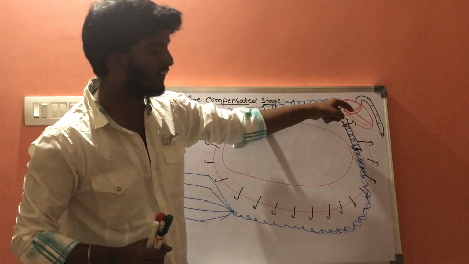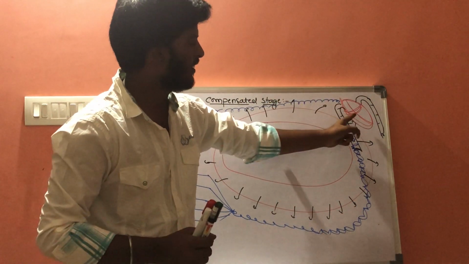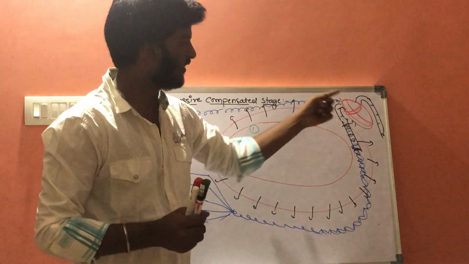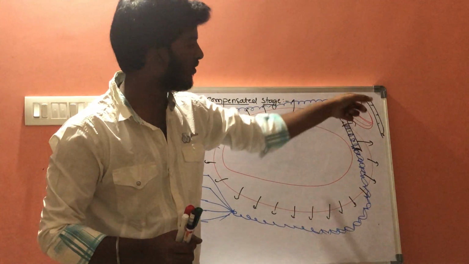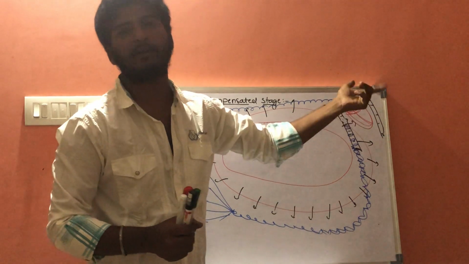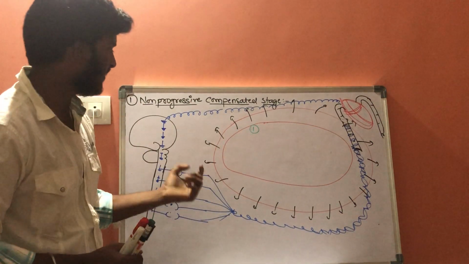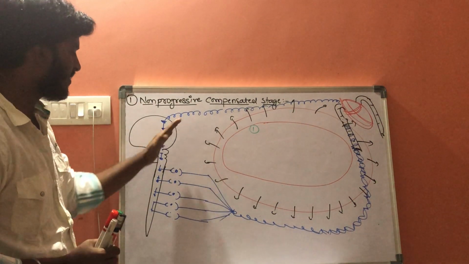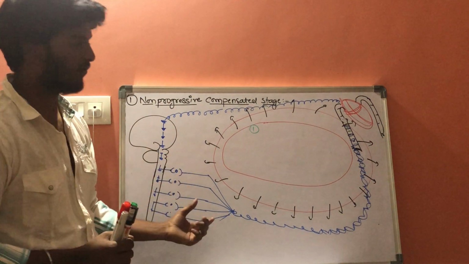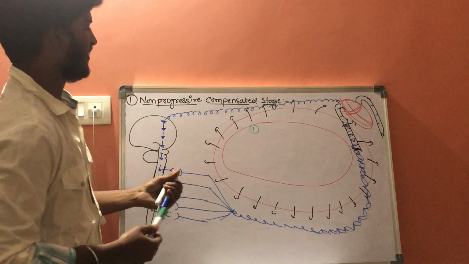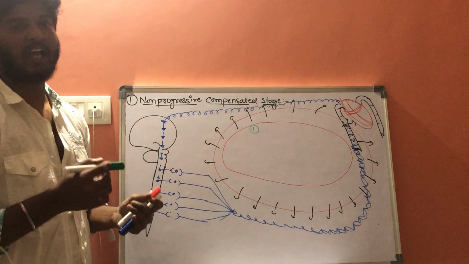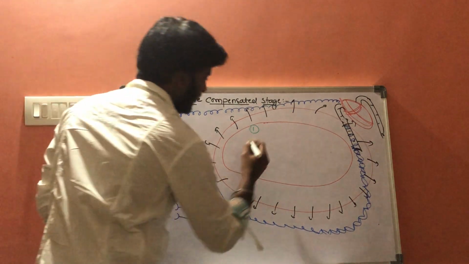Whenever the flow of the blood to the heart is increased, the cardiac output will be increased. When cardiac output is increased, stroke volume will be increased. Whenever the stroke volume is increased, ultimately the blood pressure will be increased. So in this way, the first mechanism is when there is activation of sympathetic outflow, it results in an increase in blood pressure. This is the first condition, that is activation of sympathetic outflow.